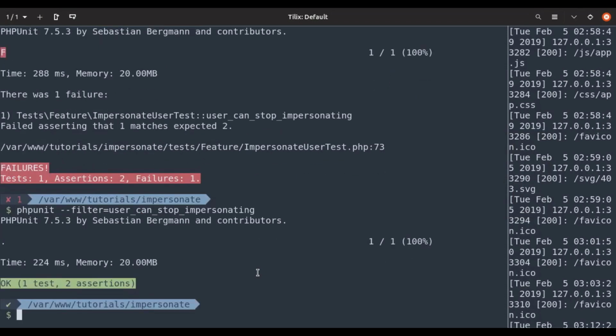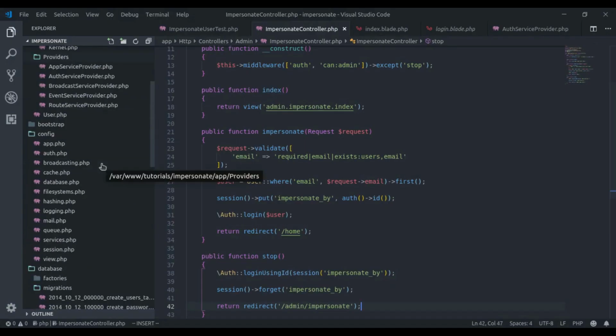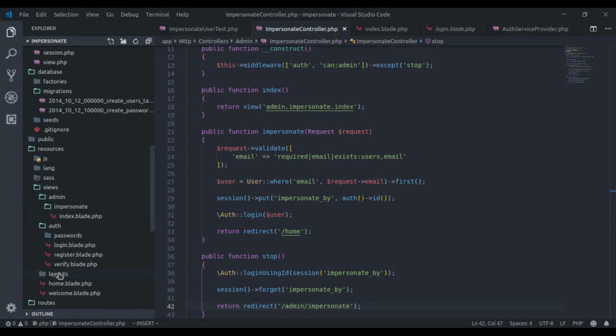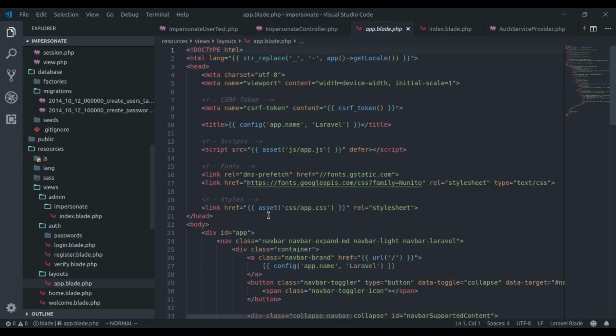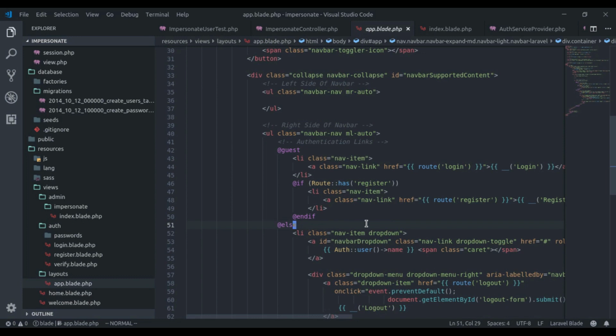Now we want to see this in the browser. So first let's add a stop impersonating button in the navbar. For that let's navigate to layout app.blade.php. Right here we will add the button.